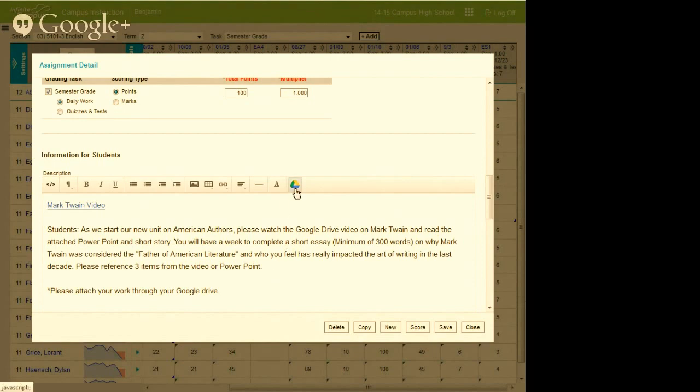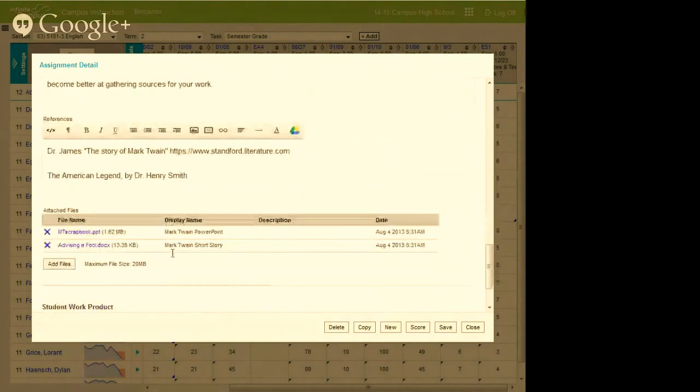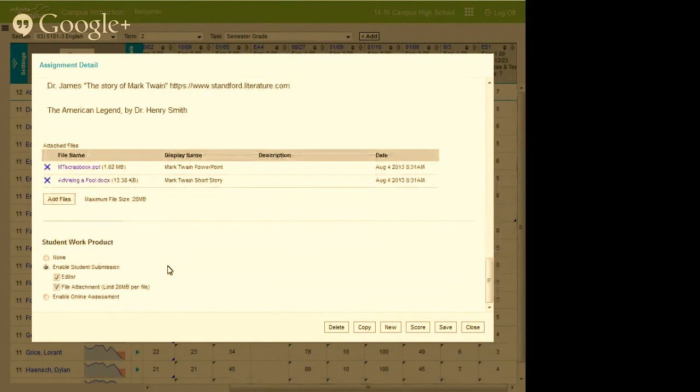But maybe I don't have anything on my Google Drive. I have it all on my desktop. Then just down below here is where you can attach them from anywhere, like a simple email attachment. Add files, find it. The district or the schools can set a maximum for teachers if they want to, and that's where I'm adding those files. So that's actually sitting in the LMS system with the same server that's holding the gradebook in the database. Exactly. And then each year you get X amount of data, and then you decide if you want to limit teachers or buy more from us. But we provide a pretty fair amount. I don't know exactly, but it's a pretty good size before you have to pay for it.